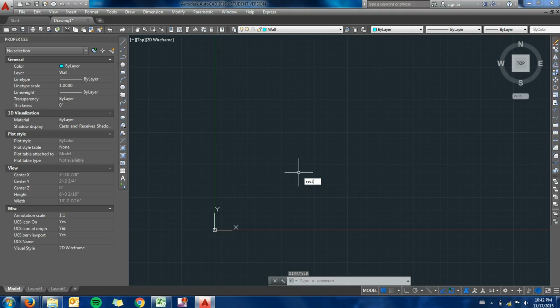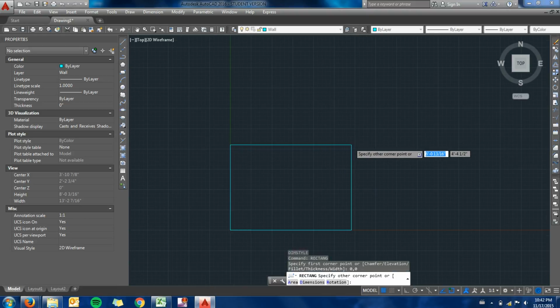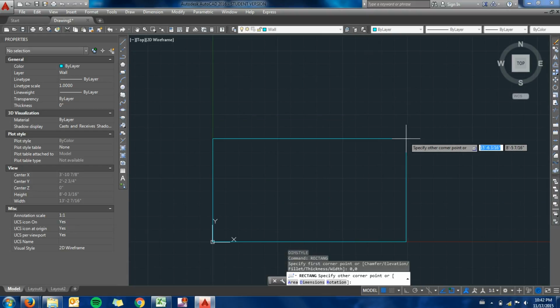So I will just start by making a rectangle, and you can see that our units are already different for what it's looking for. So I'll just start a rectangle at corner point 0,0, and I will make an uncomfortably small office with a 5-foot 6-inch wall and, we'll call it, 8-foot